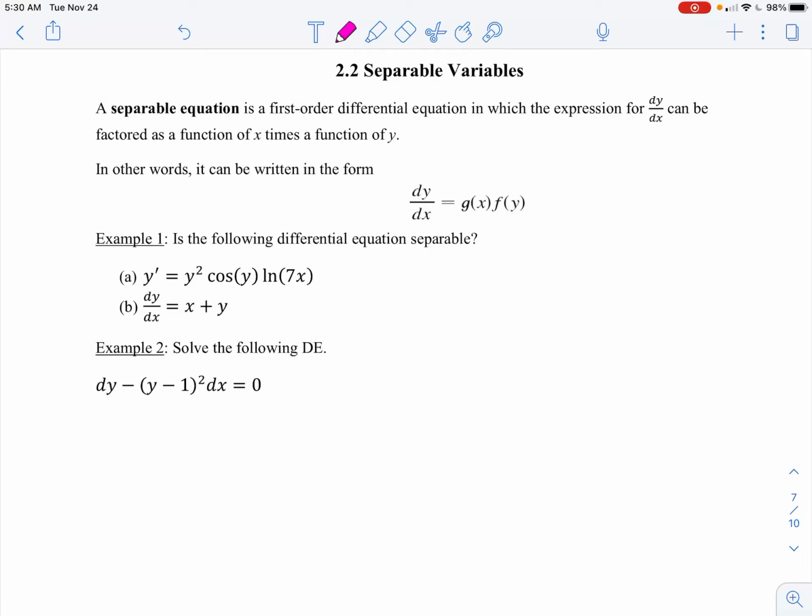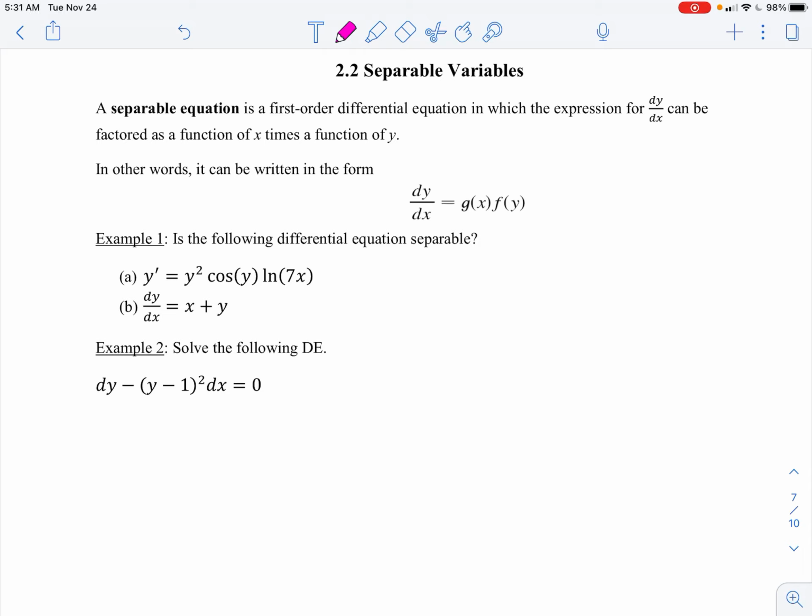Class today. Today we're going to talk about separable variables and separable equations and how to solve differential equations represented this way. Again, this is a topic from Calc 1, Calc 2 of solving differential equations. So a separable equation is a first-order differential equation in which the expression for dy/dx can be factored as